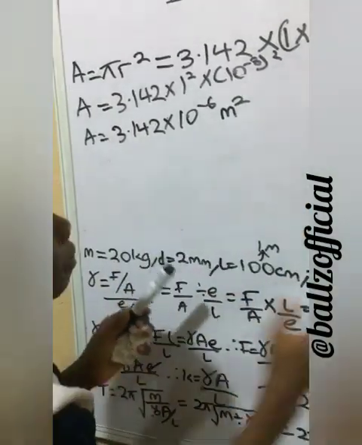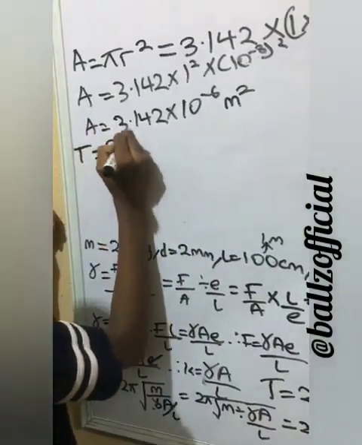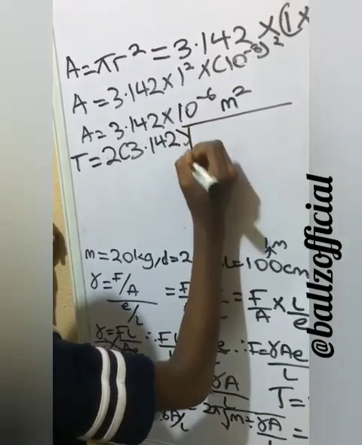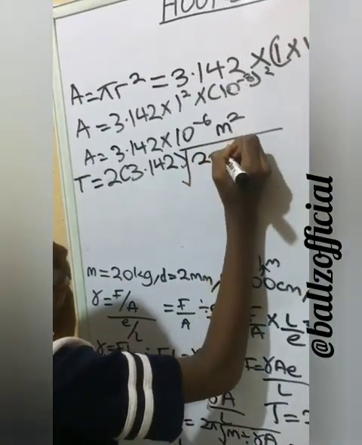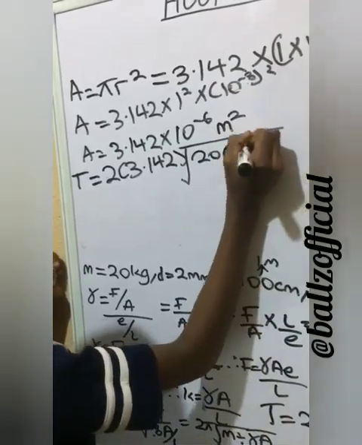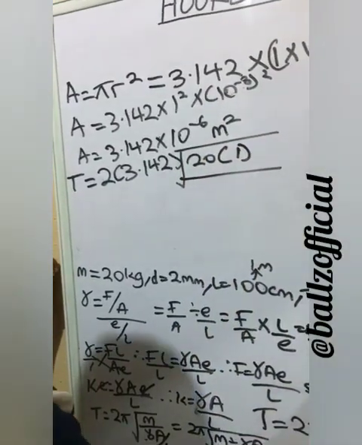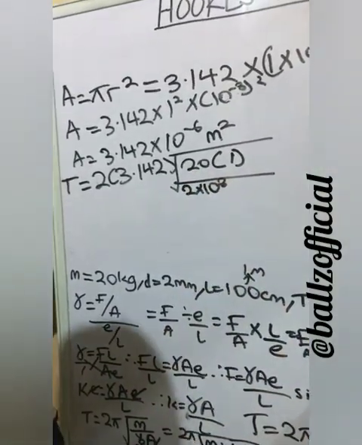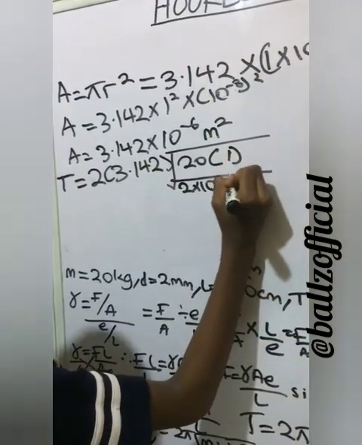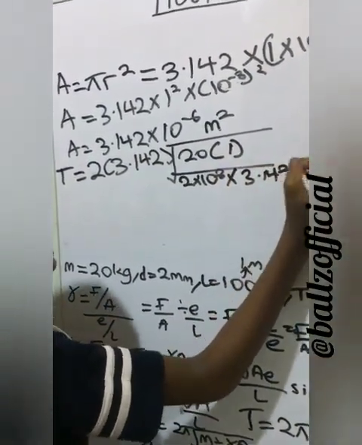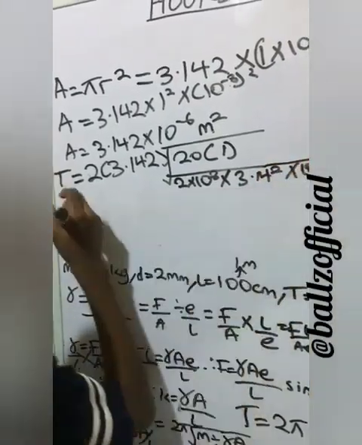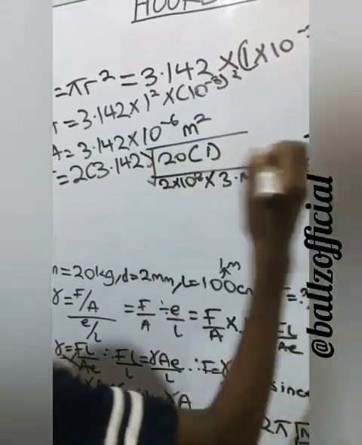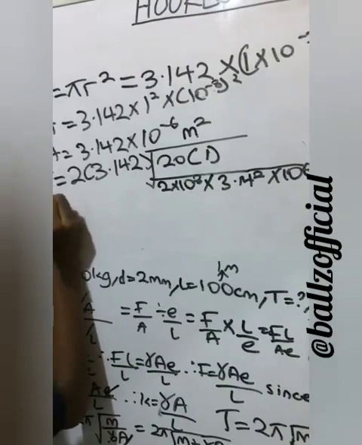Now let's start solving. Period is 2 times 3.142 root, mass is 20 kilogram times length, I already told you, is 1, all over, that's the Young's modulus, 2 times 10 raised to the power of 8 times the area, which is 3.142 times 10 raised to the power of minus 6. So we are having here 2 times 3.142, which is 6.284. Let me write it here. Period is